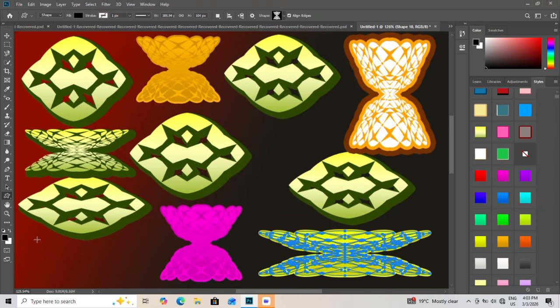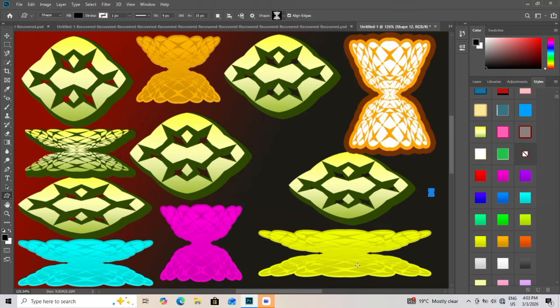Group the layers and toggle visibility to compare the enhancement. The result is a refined grain overlay that adds realism with